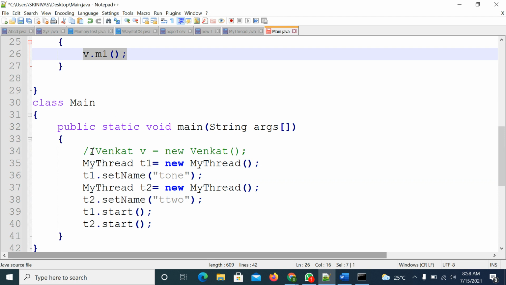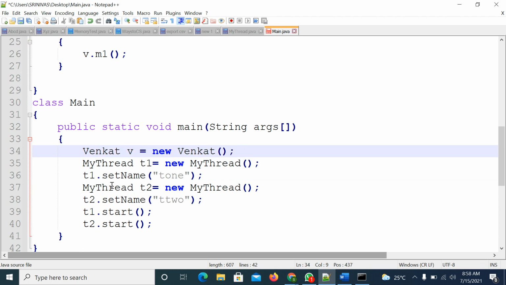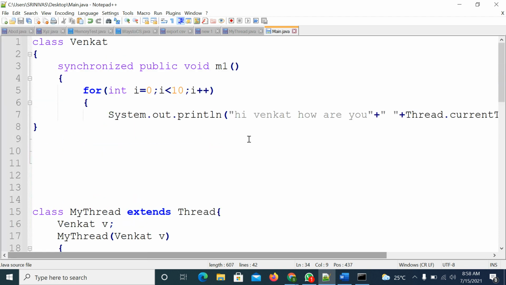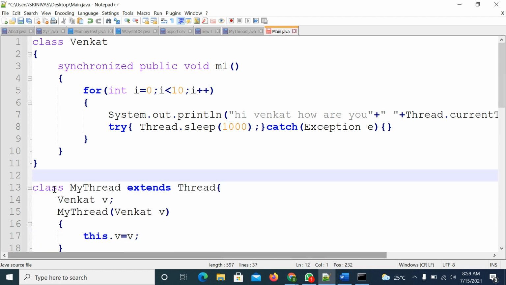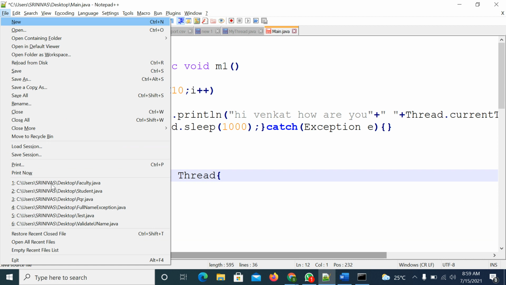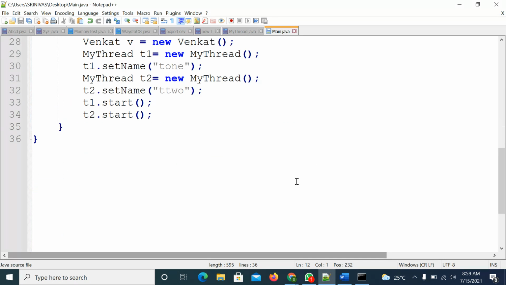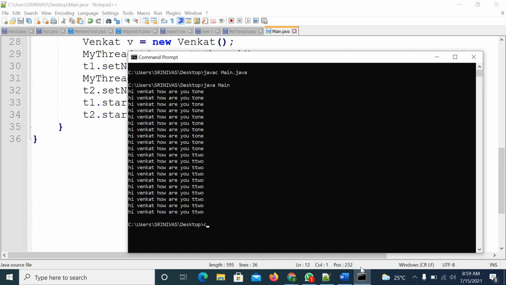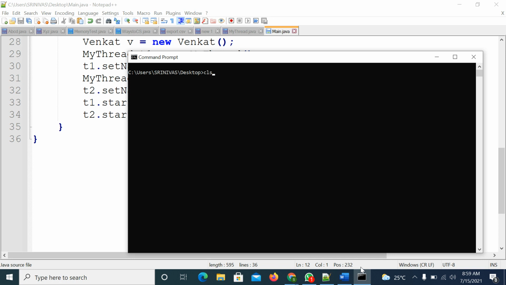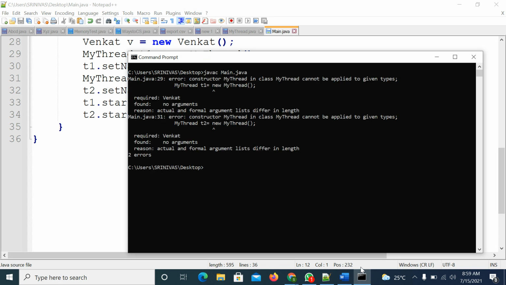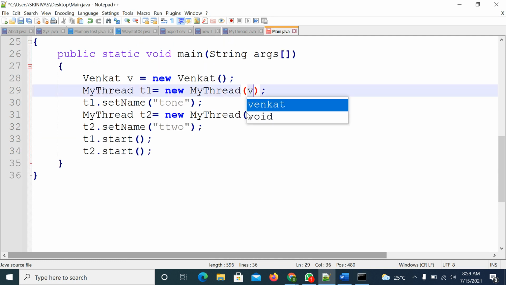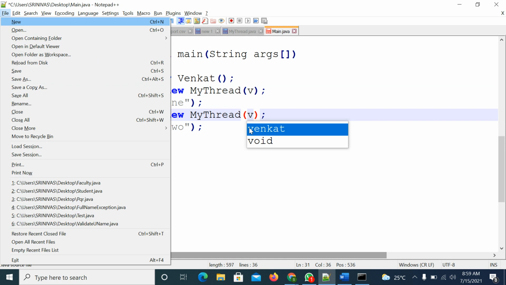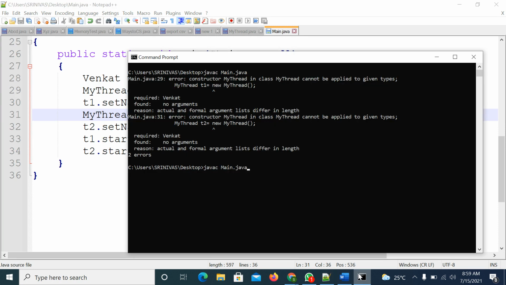That's why one thread is executing at a time. For thread D1, you need to pass V. So compile the code.